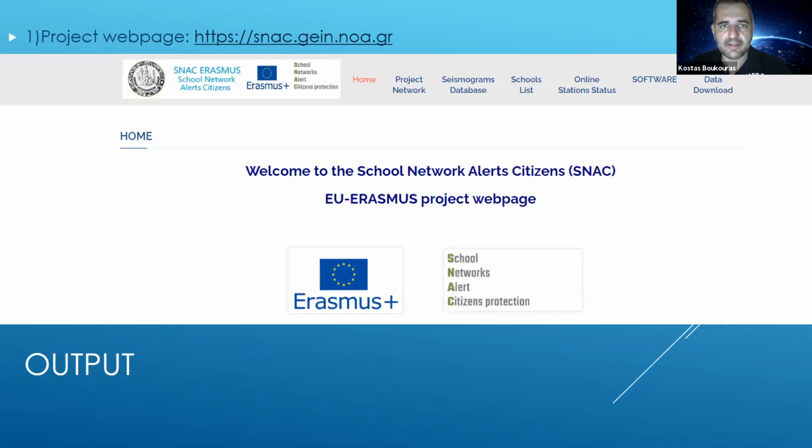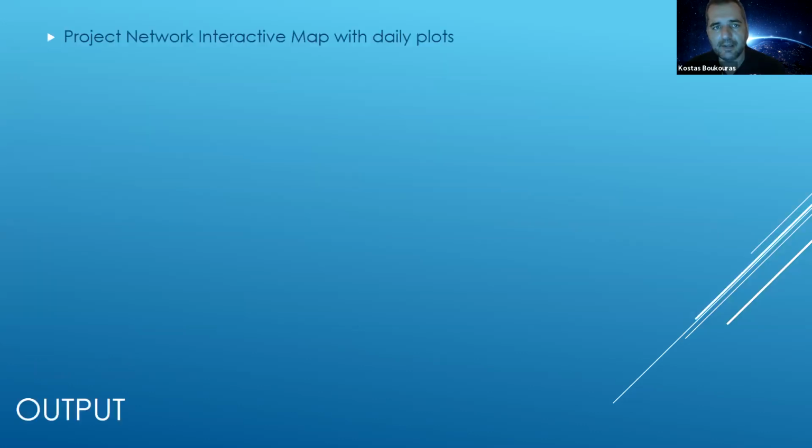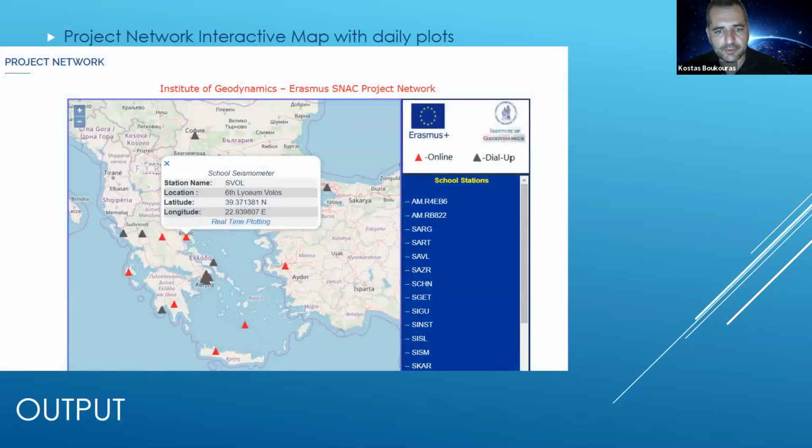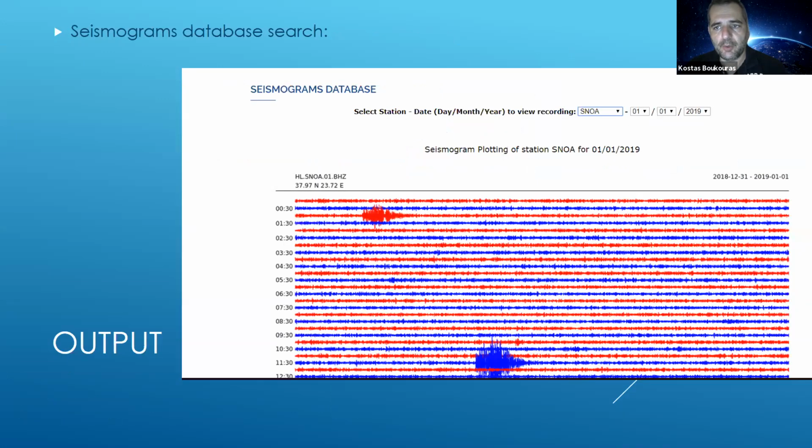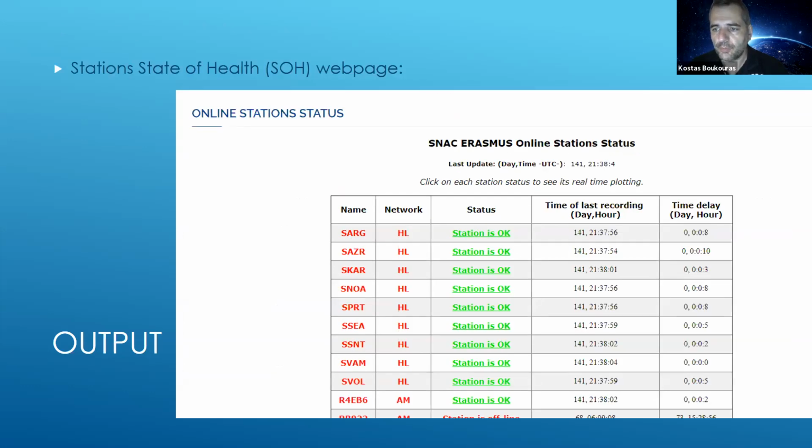Our website is snac.gate.noa.gr, which offers a lot of useful tools in order to view our data and process them. We have an interactive map of all the stations. If you click on one station, you will get a real-time plot of the data. We have a database of recordings, so you can search for the station that you're interested in using a date, and you will instantly get a waveform of the day of the recording. We have an online status page where we can monitor our stations,